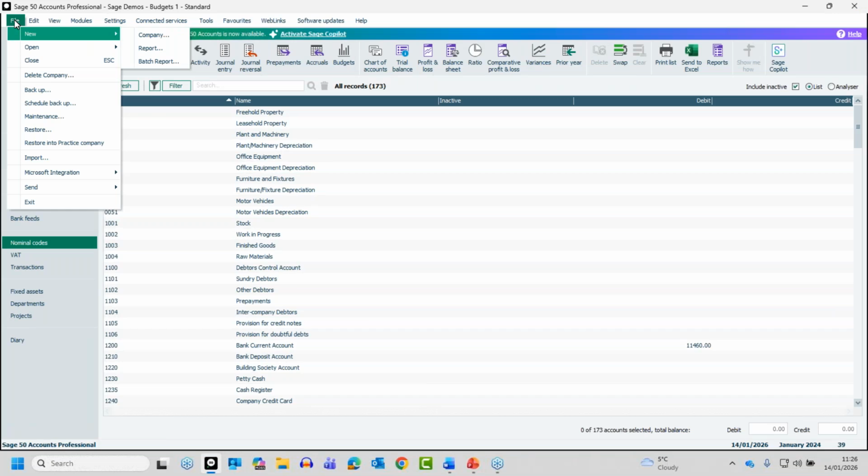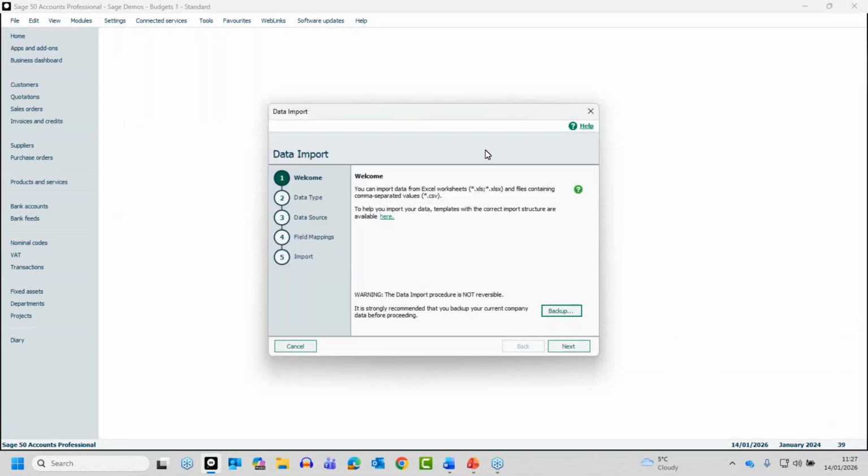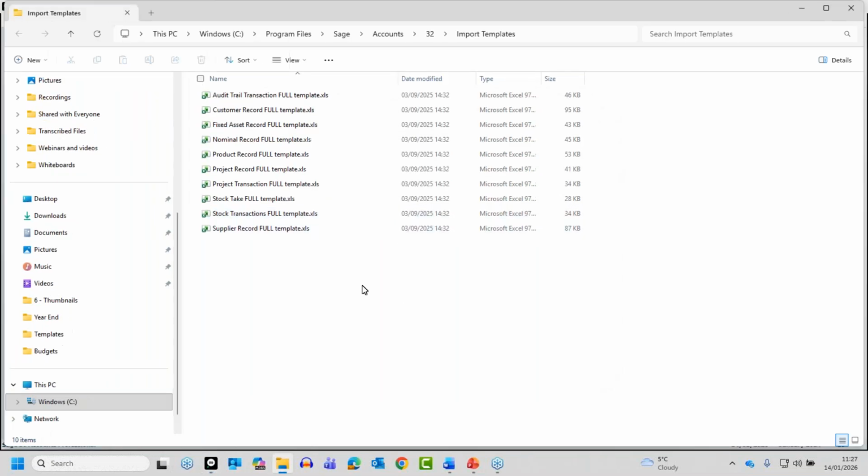Anyway, we'll quickly work through the import option just so you can see what that looks like. So it's File and then Import. It launches the import wizard. If you want copies of the templates that we were looking at earlier, then just on step 1, you've got a link here in paragraph 2. You just give it a click and it should open up a folder that contains those import templates. Now you will have them all listed, but you might not be able to use some of them,